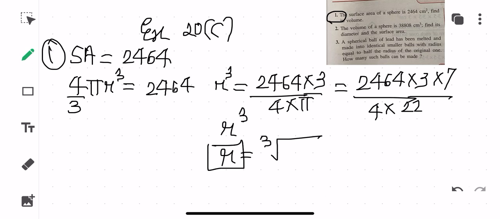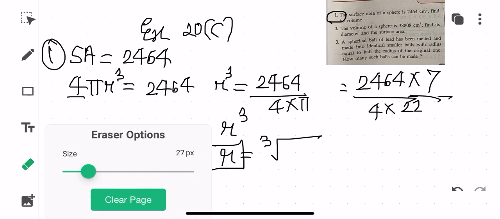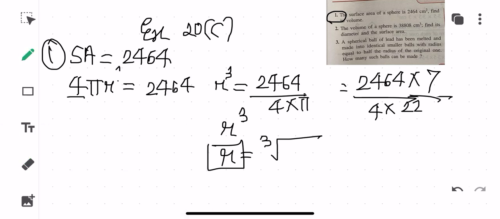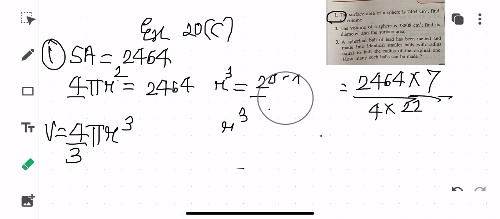So once you are getting the value of r, you can easily, okay students, so this is not 3, children, because it is surface area, so you need to remove 3 from here. This is the formula of surface area, 4 pi r square, not r cube. So write down this as square. So once you are getting r, then you will be using this particular formula for finding out the volume. Okay, so the first question being an easy one, you will be taking this as homework.